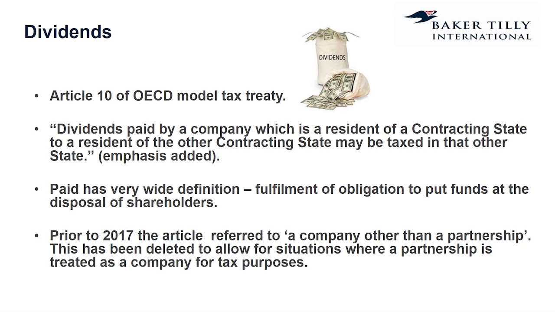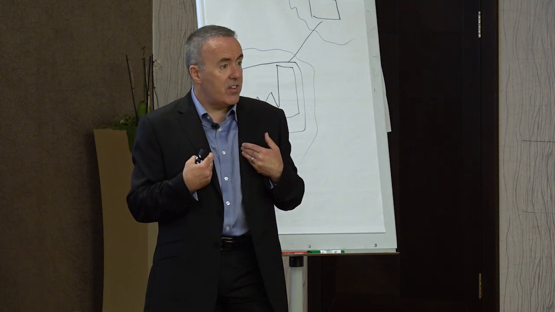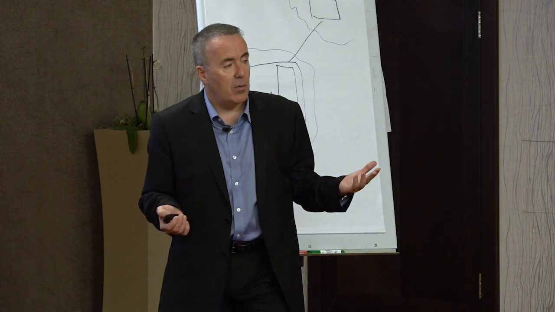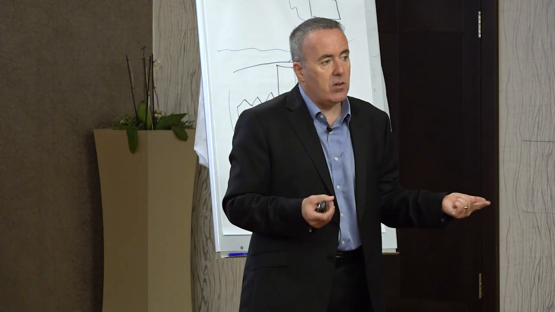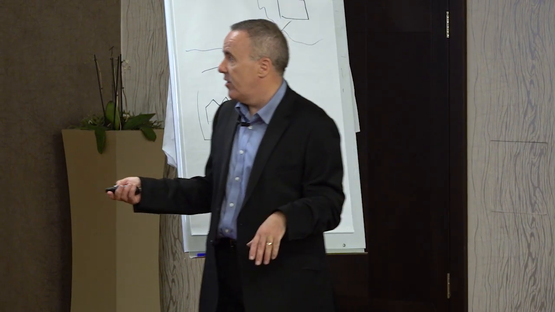Yeah, dividends. When you're looking at different types of income that might be relevant for a double tax treaty, you'd imagine this is very, very easy. And everybody knows what a dividend is. A dividend's a payment that you receive on the shares in respect to the profits of that company. You just need to be careful whether it does extend to some other things. For example, where a company repurchases its own shares, if you're familiar with that as a legal concept. So a company buys in some of its own shares from shareholders. Is that a dividend? Well, in some countries it is, in some countries it isn't. In the UK, for tax purposes, it may or may not be, depending on the circumstances. How's that treated under the double tax treaty?